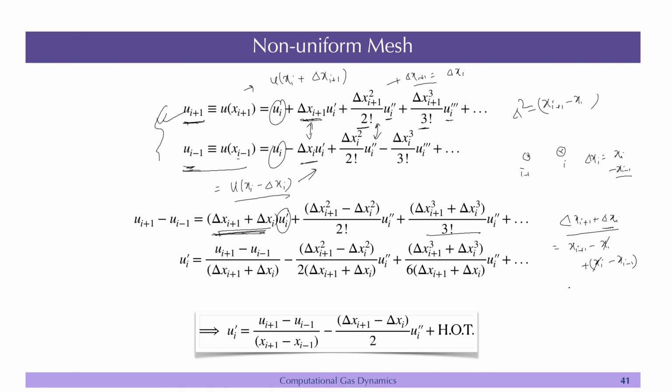So, this will get cancelled out, you will have basically x_{i+1} minus x_{i-1}, right. So, this will be x_{i+1} minus x_{i-1}, and you can take this as a square minus b square, that will be (a plus b) and (a minus b). So, this a plus b will cancel out, and we will have delta x_{i+1} minus delta x_i by 2 times u_i double prime, right. So, one thing you can immediately note here is that because the grid was non-uniform, we could not cancel these terms, and that becomes our leading order term here,